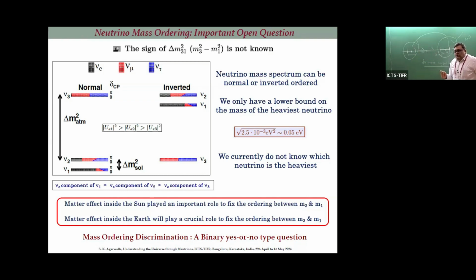And when you want to analyze your data to say, okay, I am sensitive to neutrino mass ordering with this much confidence, you have to adopt different numerical techniques to code the sensitivity, as compared to when you want to measure theta 2,3. So for theta 2,3, here you have 40 degrees, here you have 50 degrees, and this is the 3 sigma range. So any value is allowed within this range, right? You don't need to hop from like 48 to 44, because any value is allowed in this range.